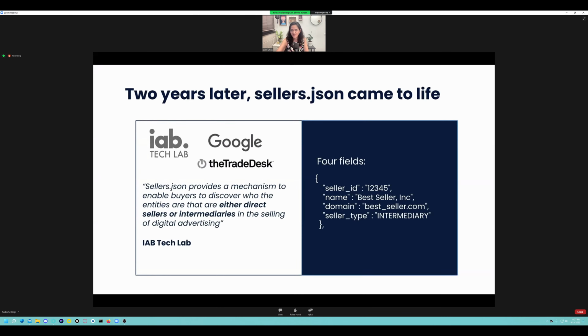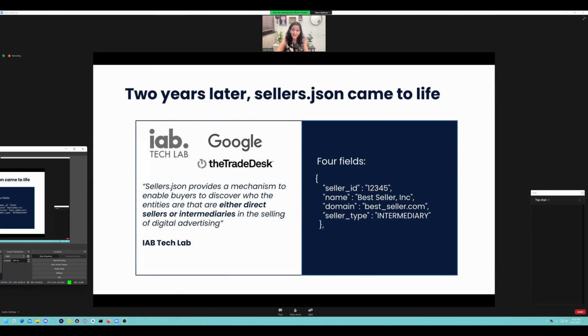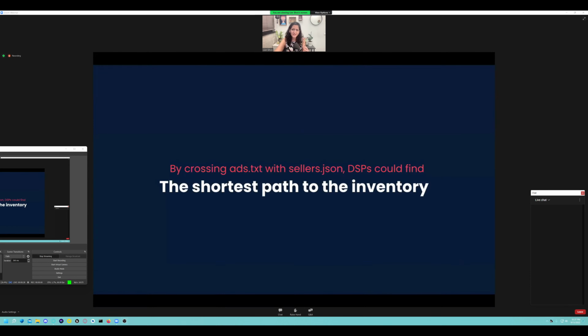Seller ID, which is common and correlates to the Ads.txt seller ID. The name of the company that is getting paid for the selling of this inventory, the domain, and the seller type, whether it's an intermediary or publisher or both. So basically, by crossing Ads.txt with sellers.json, DSPs, and even you from time to time, can find the shortest